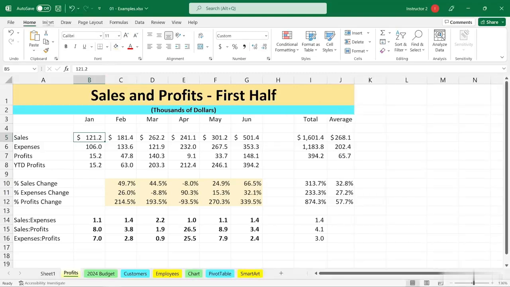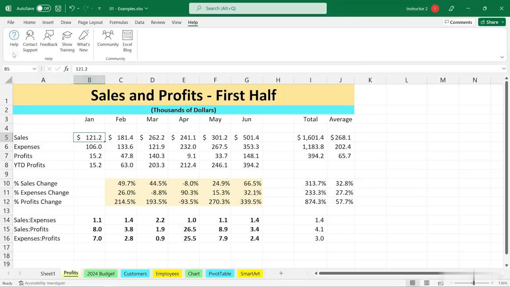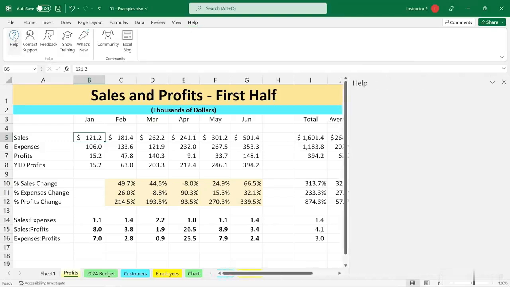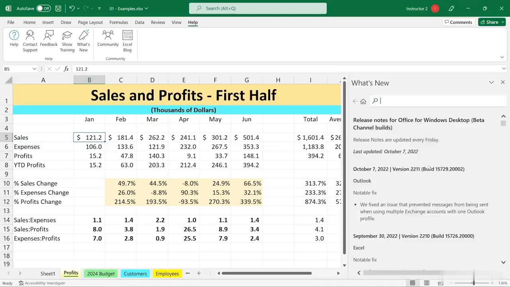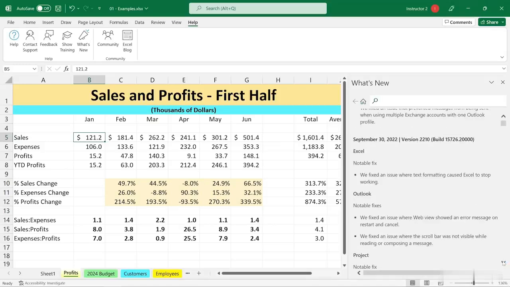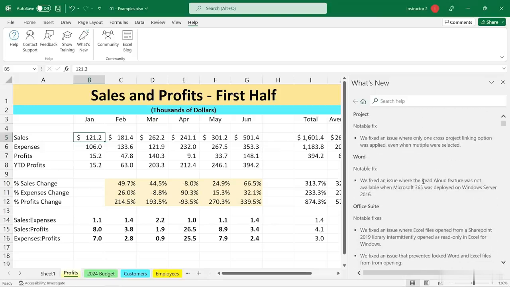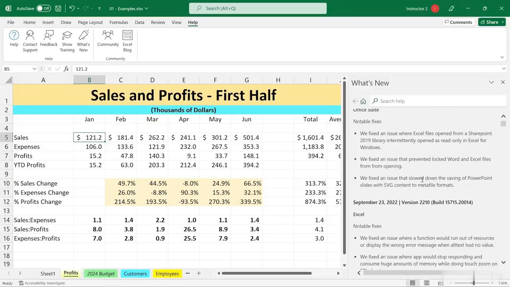There's also, in the ribbon menu system, a tab called Help. And we can click that, and we can click that Help button on the left. And more or less the same thing happened as what we saw before. But notice some other choices up here. What's new? Depending on your version of Excel, you might see different ideas here about new features about to be released. And depending upon your version of Excel, maybe this will look a little bit different. But once again, we've got this at our fingertips, and it's so handy at different times. And the whole idea of having a book next to us to look something up seems a bit passé because